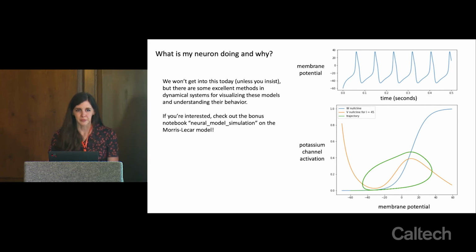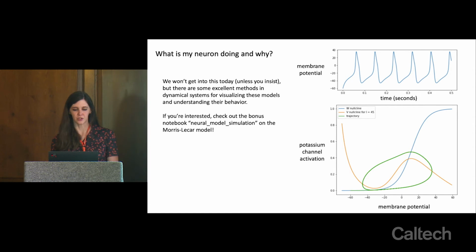So there's lots of ways of thinking about how neurons are spiking, and why. One question you can ask is, why go through all the detail of simulating this rise and fall of the membrane potential? Why not just wait until you hit a threshold and spike? Why even try to simulate this at all? Part of the reason is that we won't get into this today unless you do one of the bonus notebooks and the hands-on session. But once we build these dynamical models, we can do these really useful visualizations of how the models behave over time.